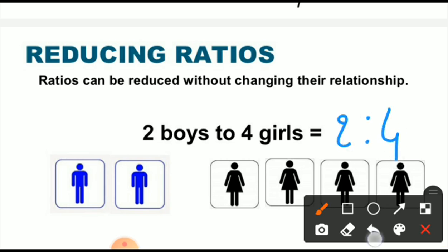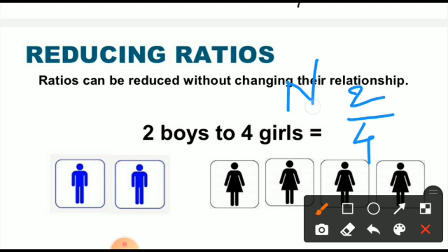2:4. Or sometimes you can write it like this also, 2/4. As we studied earlier, check the numerator. What do we call the upper number, beta? Numerator. And the lower one is the denominator. Check any relation between their numerator and denominator. Yes, these 2 and 4 are even numbers and they both can be divided by 2. Let's check. Divide by 2.